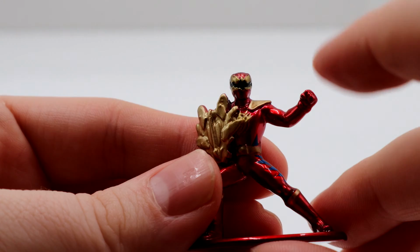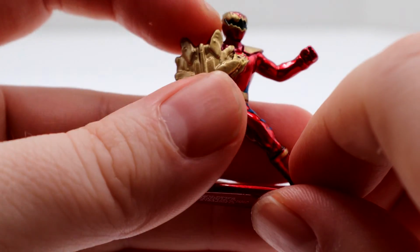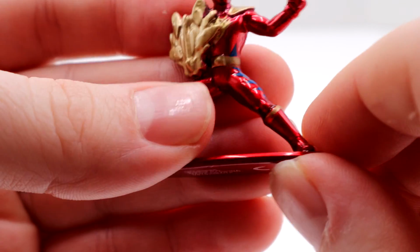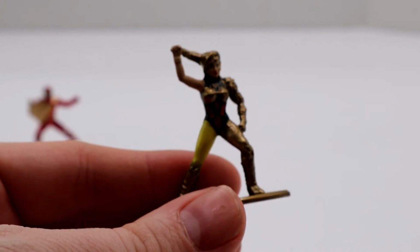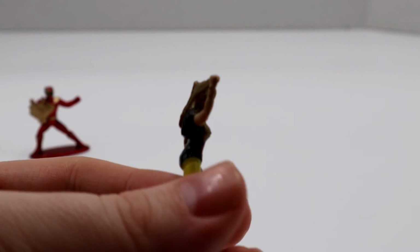So instead of just being a straight-up Red Ranger wearing a Battleizer or whatever, you can tell he is supposed to be the Triassic Ranger because he's got his blue, his gold, and his shield. We've got Scorpina, who, if you've been paying attention, when they were revealed on the box, it said Scorpinar,